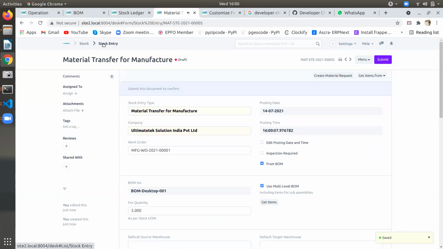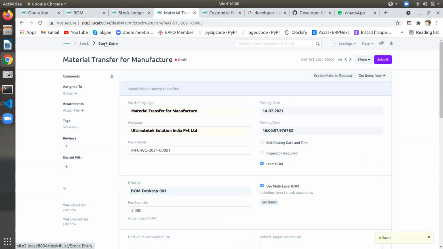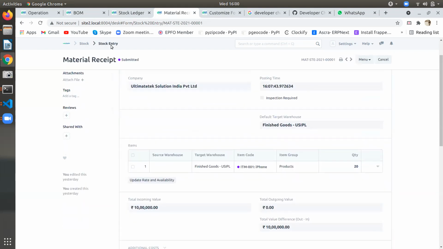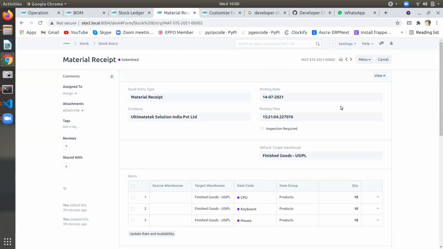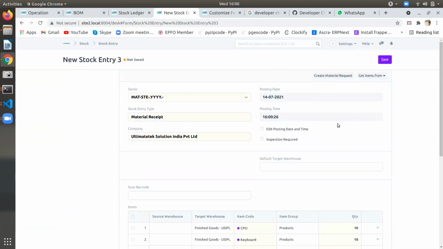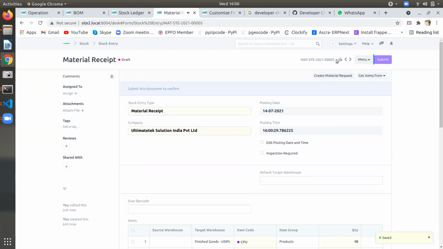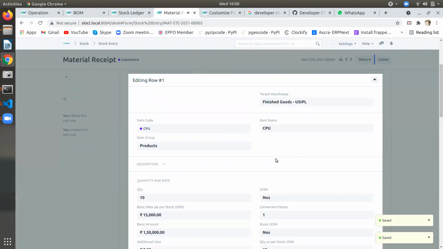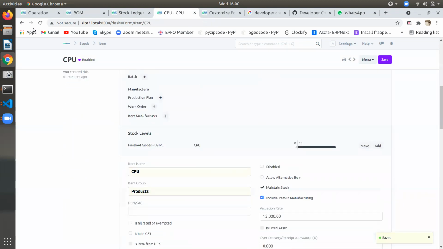Sorry, not this one. Stock receipt for these raw materials, yes. Duplicate. Save and submit. So we have stock for those items.